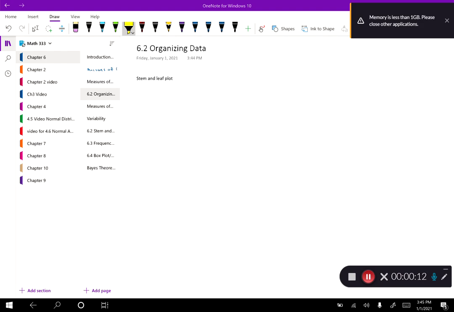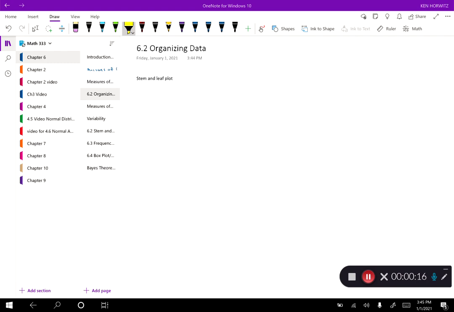If we're going to take our data and do stuff with it, make conclusions with it, the first thing we need to do is figure out a couple of different ways to organize our data. So in this section, we're going to specifically talk about a stem and leaf plot, and we will continue to talk about other ways to organize our data in the next section. All right, so the stem and leaf plot